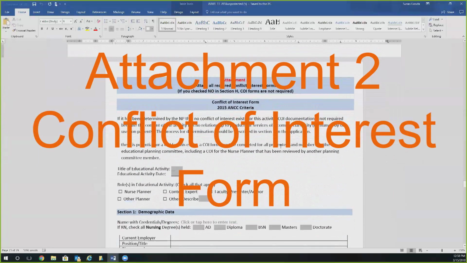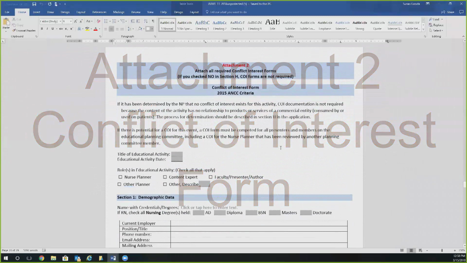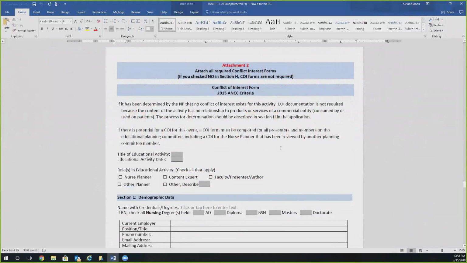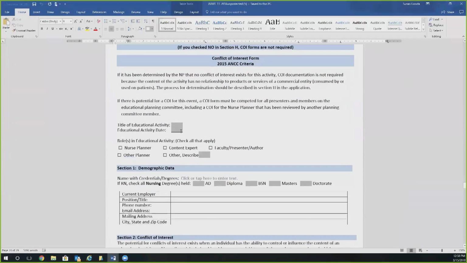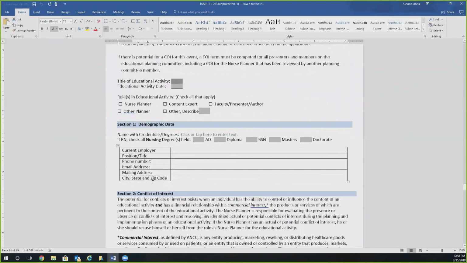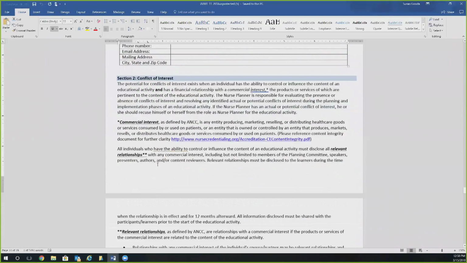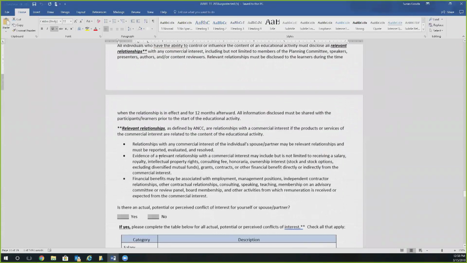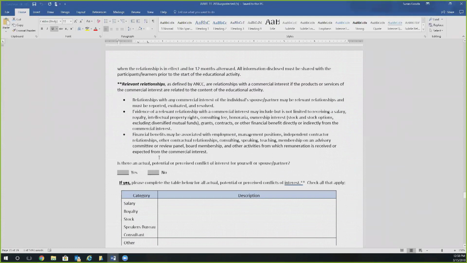So attachment number 2 is your COI form, which if you need to duplicate it, just go ahead and duplicate it as many times as you need to. It's got, again, the same fill in the blanks that you've had all along, where you just type and fill in what you need. The role of the person that is self-reporting here, any information about them, their conflict of interest statement, it's pretty clear, and if there's an actual potential